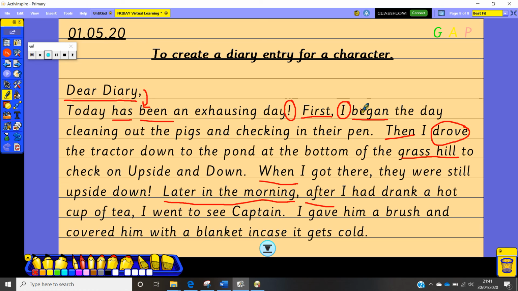Okay, I'm really looking forward to reading your diary entries. So work really, really hard. Have a look on the website. There's a checklist for you to make sure that you're staying on track with things you need to include for your diary entry. So use that checklist to help you. But everything I've mentioned and everything I've highlighted here on this page will help you towards creating an awesome diary entry.